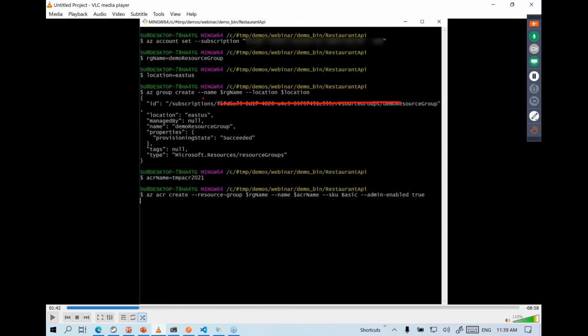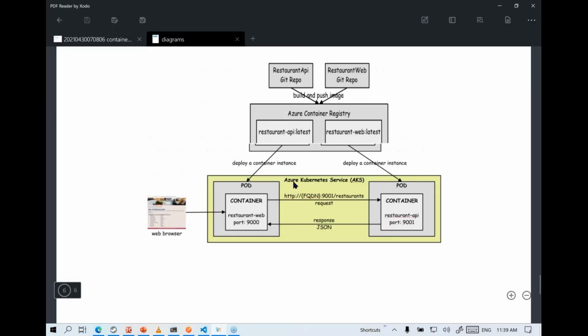Once you have created a resource group, next we need to create that Azure Container Registry by using the az acr command. This az acr command will basically end up creating this container registry on Azure, where you'll be able to push your local Docker images to Azure. So we are doing a bit of homework by creating this Azure Container Registry on Azure.